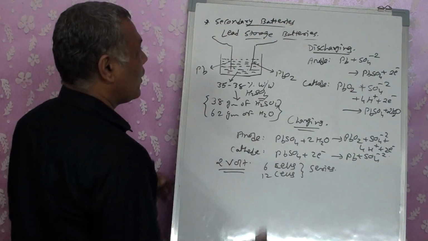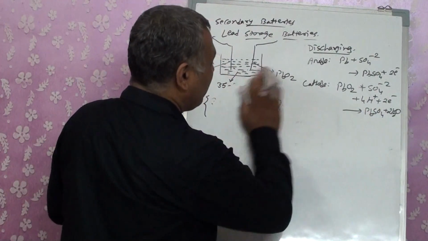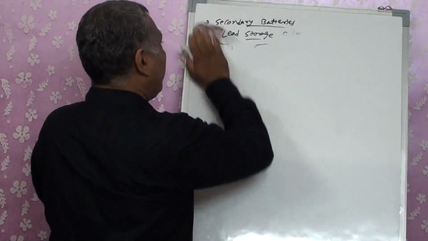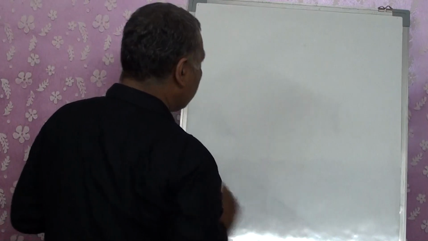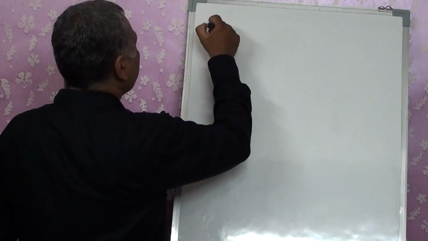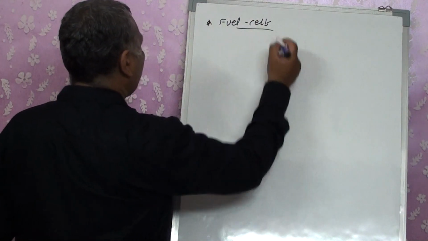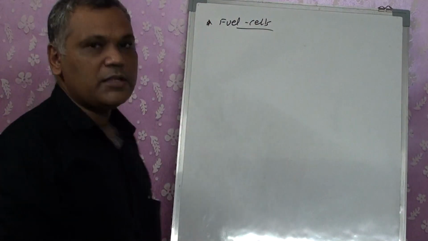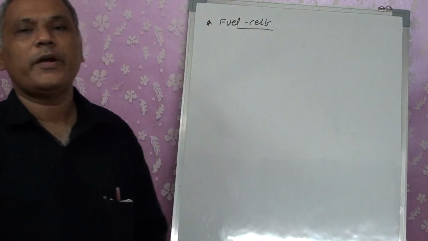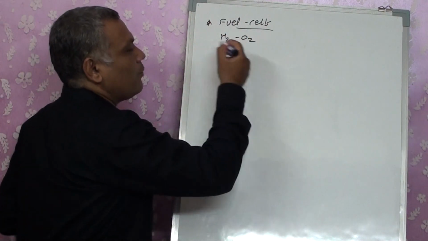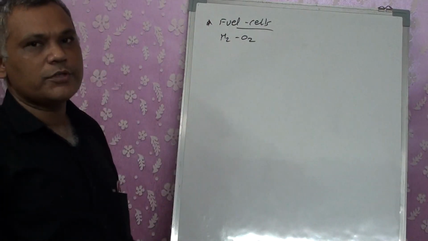Right? Okay. The third one that we mentioned was the fuel cell. Now we know that fuel cells, we also said, are not a daily used cell. What is the reason behind it? This fuel cell is actually made up of hydrogen and oxygen, and both of them are explosive components.